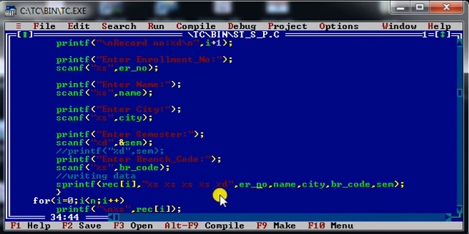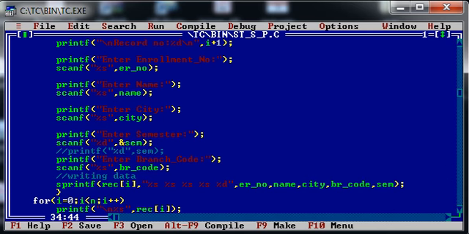So whatever data I am getting from the user will be placed in place of %s in this format string, and whatever result is generated will be stored in this destination string, that is record of i. Okay.